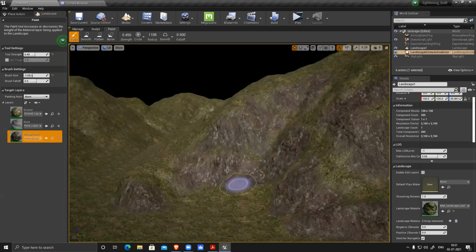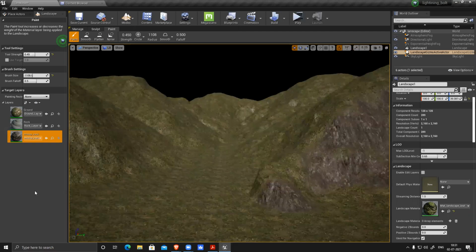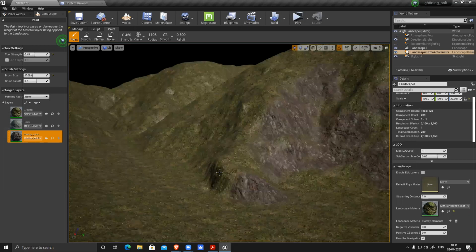So all the games you see, open world and all these games, and you see the landscape, this is how they do it.